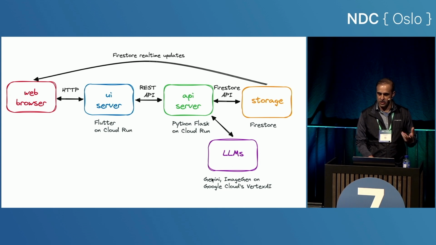On the LLM side, we are using Gemini as the model. So Gemini is the model we use to generate the quizzes. And ImageGen is the model we use to generate the image on that topic. And this is all running on Google Cloud, Vertex AI, which is the AI platform of Google Cloud. And for the backend, we are using Firestore, which is a NoSQL database that I'll talk about. And Firestore has this nice feature of real-time updates. So it basically gives you free real-time updates to your browser, and we use that in the application to give you updates about the state.